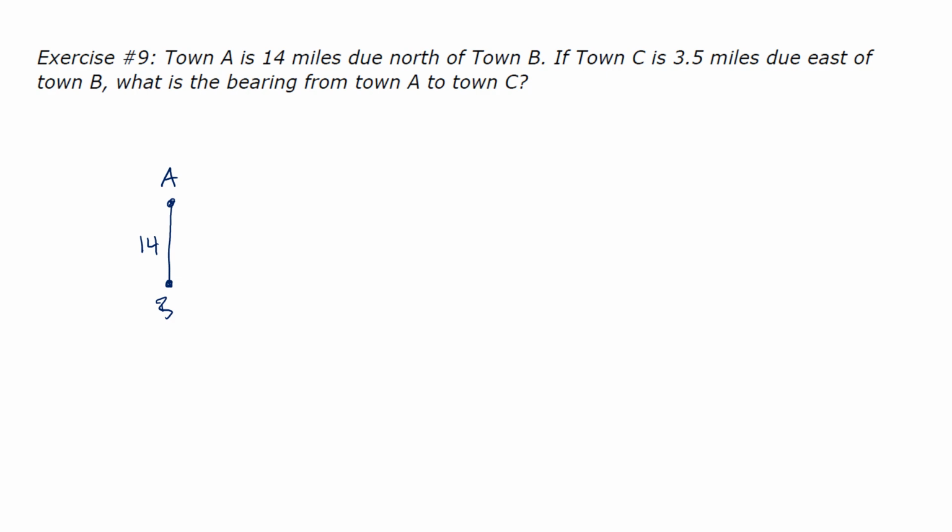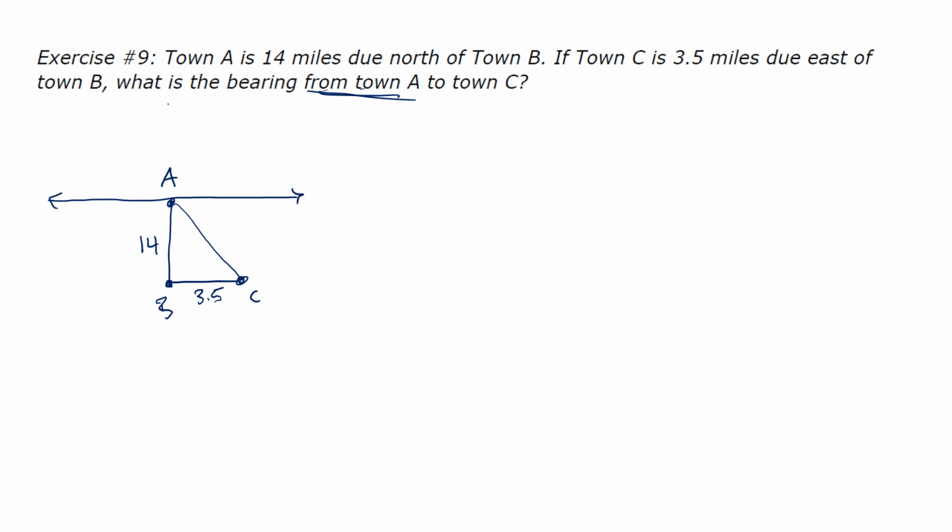If Town C is 3.5 miles due east of B, what is the bearing from Town A to C? So what is the bearing from Town A to C? Since we're looking at the point of view from Town A, we're going to apply our